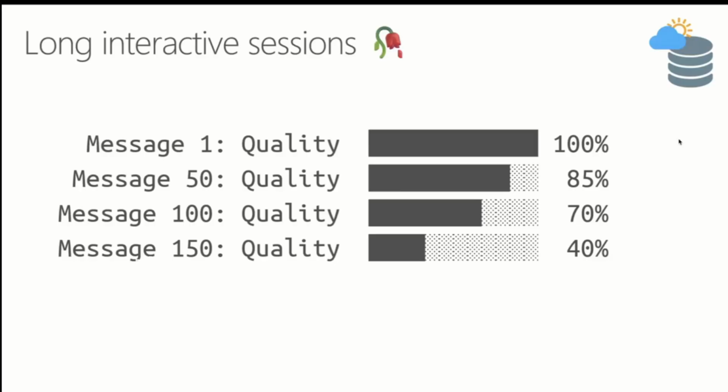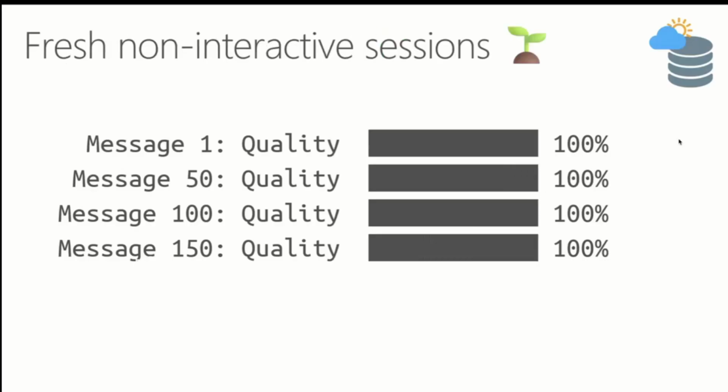And when you have long interactive sessions and you're talking back and forth to ChatGPT or Claude, you might notice that over time, it becomes worse and worse at coding. The code output quality just tanks, very frustrating. But what's really great, when you use non-interactive CLIs, it stays 100% the entire time, right? So you pipe in this file and you give it a prompt, fix this, and then it quits. So it fixes it, then it quits. And you start that over and over again, and your quality stays at